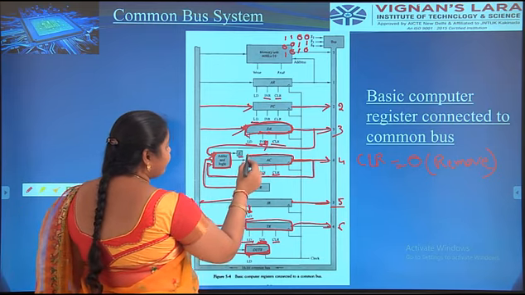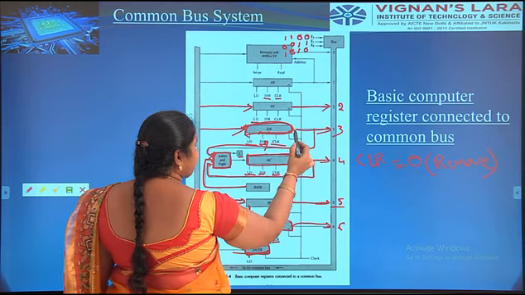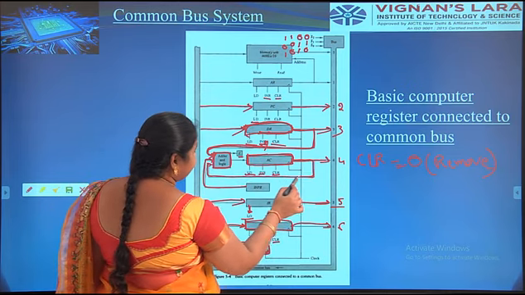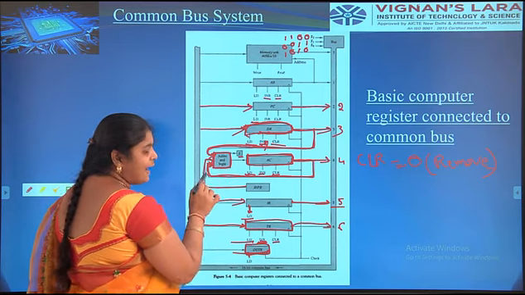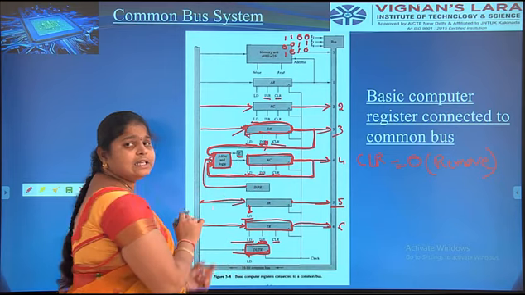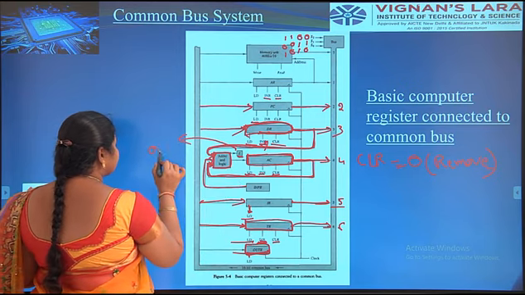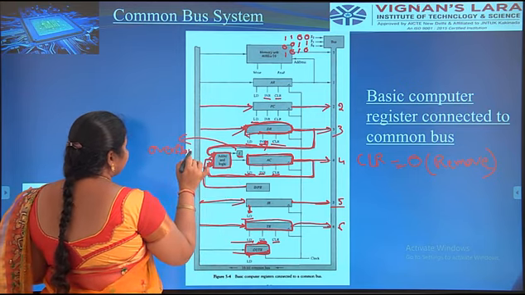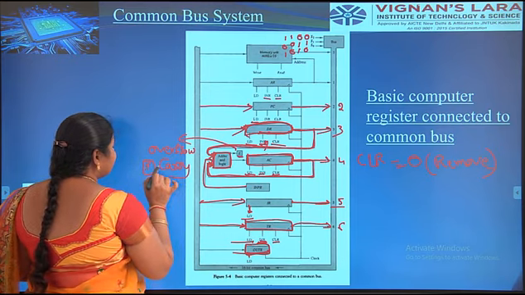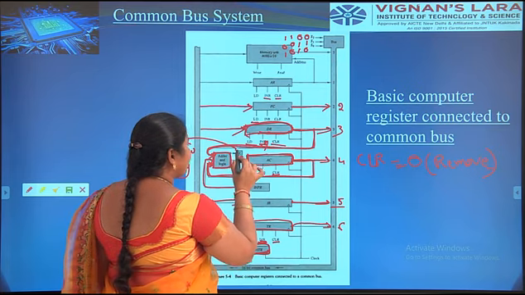Here E means, if any operation is performed on the accumulator, the input comes from DR. DR means data register, and in the accumulator some operations are done with the help of adder and logic. E means the overflow condition. If any carry occurs in that calculation, it is stored in E. We already know E means overflow or carry.